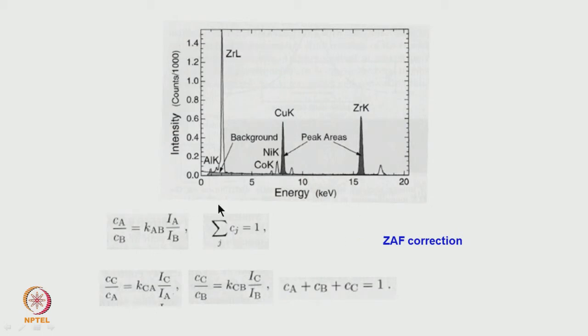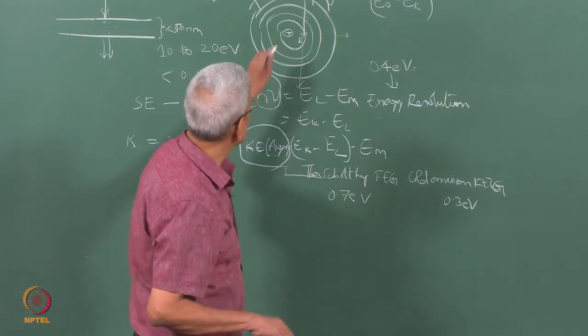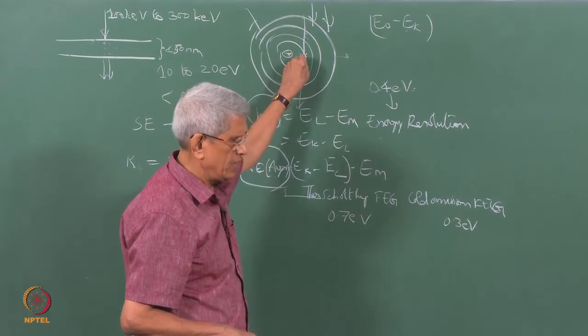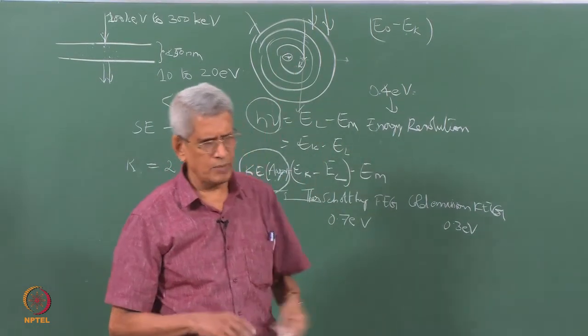And another is that the composition, as I mentioned, we can find out using, that is, if two elements have compositions Ca and Cb, and the peak height ratios are here, copper and zirconium, peak height ratios are Ka and Kb. Okay. When we look at the intensity of the peak heights, that depends on various factors. One, what is the probability of creation of a vacancy in the K level, and what is the probability of an X-ray emission.